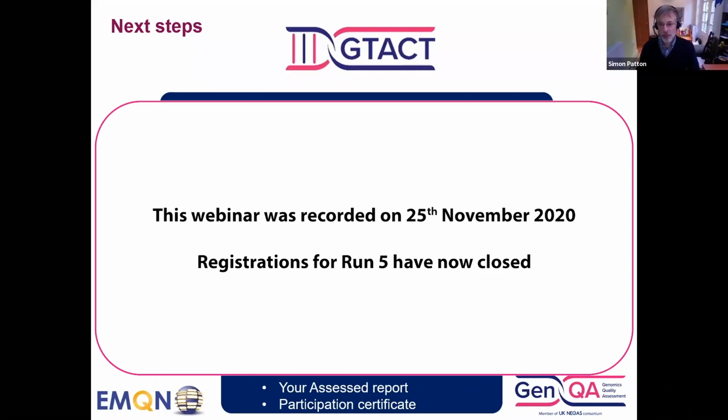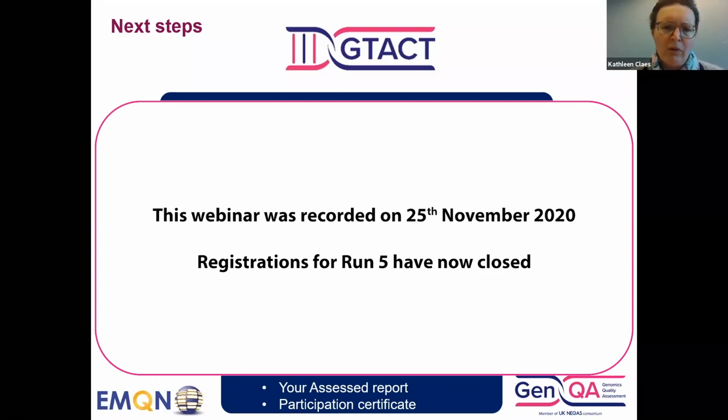So building on that, another question, but this time for you, Kathleen, from Paolo: do you use REVEL for computational predictions? Yes, we started using it in the lab because it's easy to work with. REVEL is a combination of 13 different tools, so it gives you a value, and it's easier to interpret because we then use a cutoff. If it's above 0.7, we consider it as an argument for a pathogenic effect,